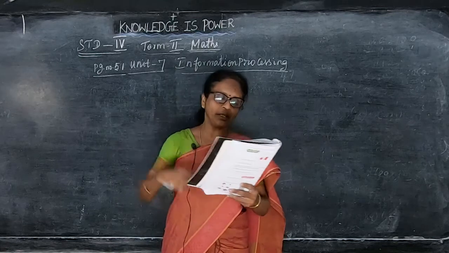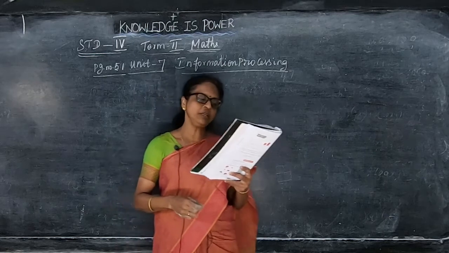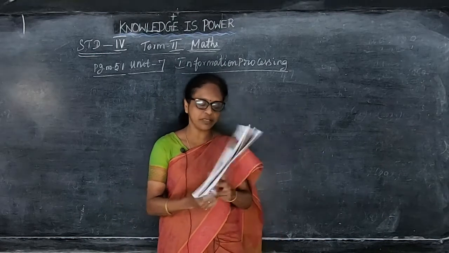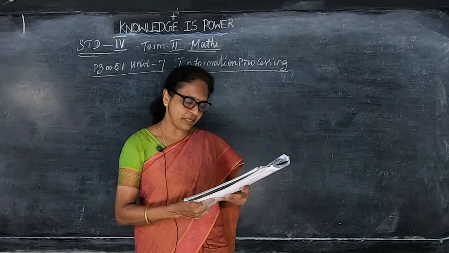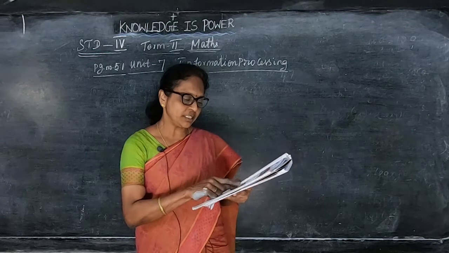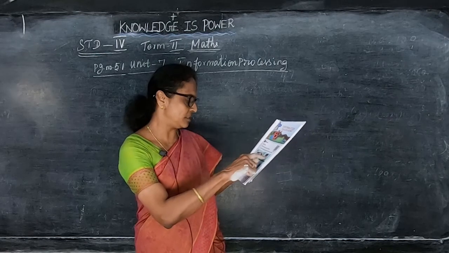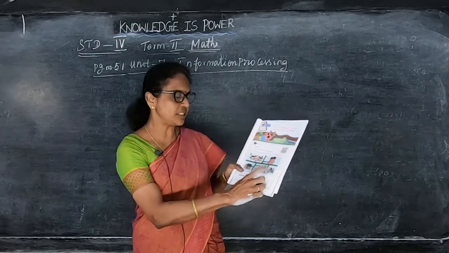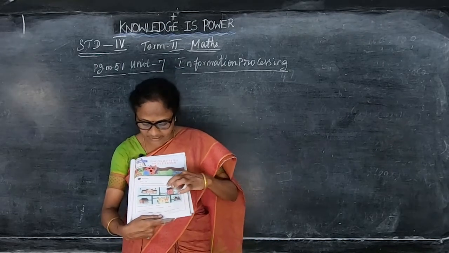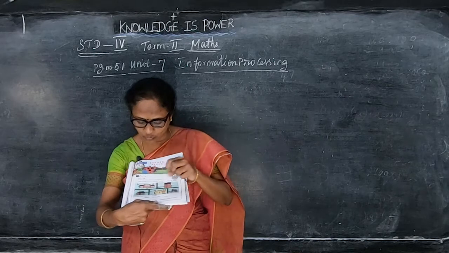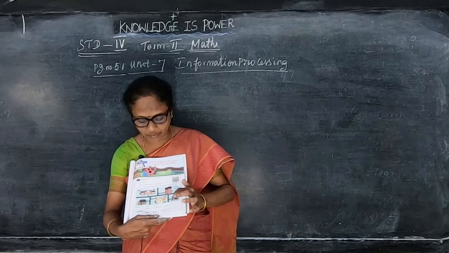Modeling. What do you mean by modeling? You look at the short and the long path and find out and check the connectivity between the places. Here they are given the school, house, playground and house. Here there is a school and here there is a house, and this is the playground, and this is the library center and computer center as well as the house. Look at all the short paths. Library, computer center, and this is the school, and this is the playground, and this is the house, and this is the computer center and house.